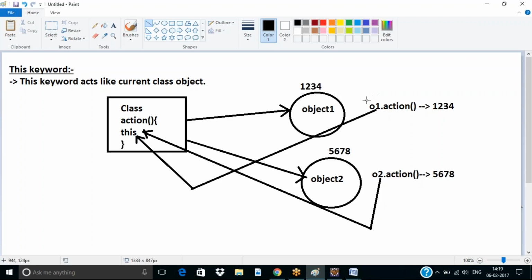The current class object, it makes a copy of your current object. Simply I can say that this keyword. So when to use this keyword, we have already seen that it is to avoid ambiguity issues. If there is any ambiguity problem between global and local variables, then we can use this keyword to avoid that problem, so that the global variables can be easily instantiated or easily accessed even after the